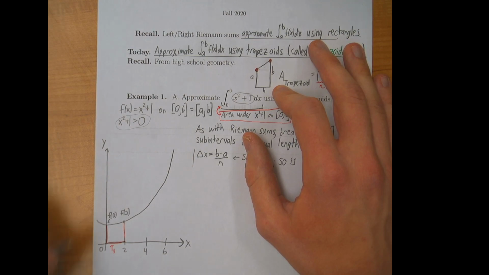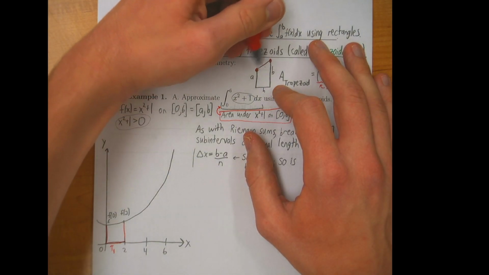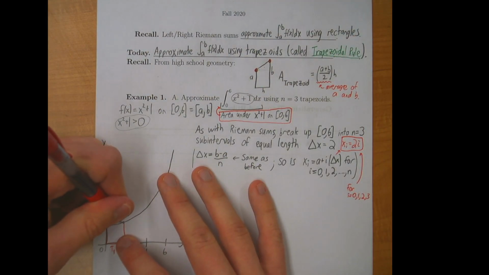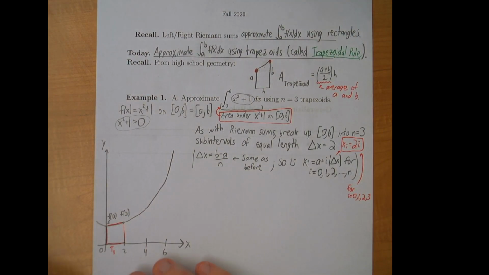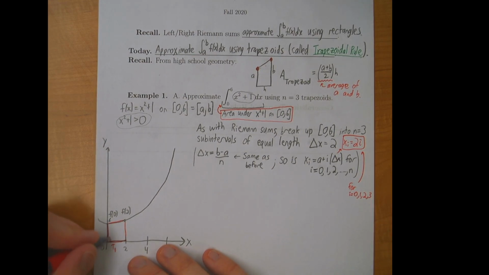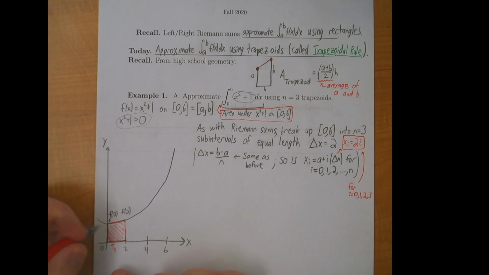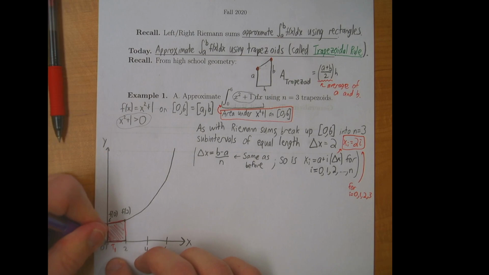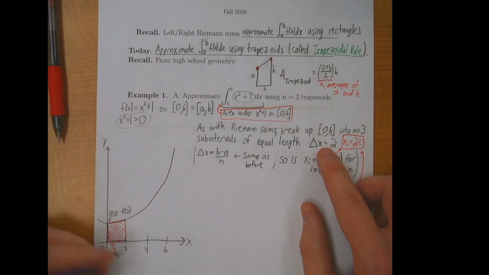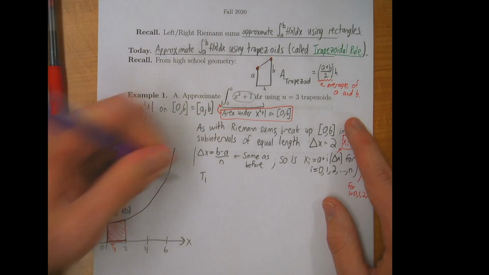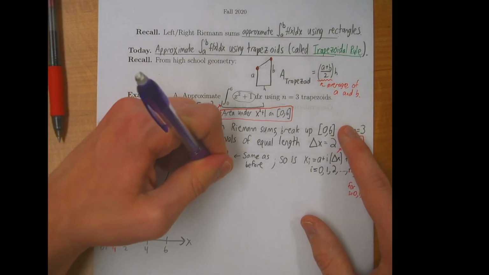Then the last side is going to just connect these two function values. So that's our first trapezoid. You'll notice that the side length here is exactly delta x, as we've established, which tells us that T1, the first trapezoid, has area